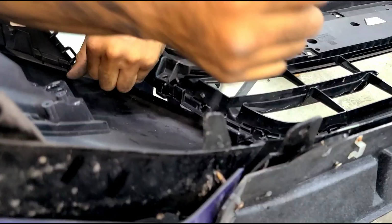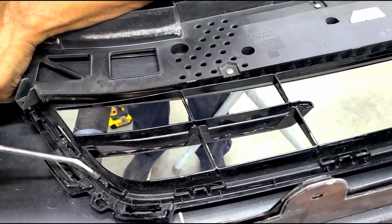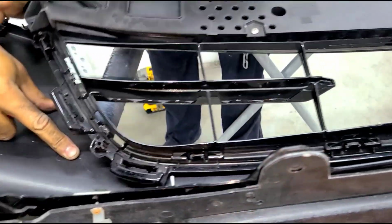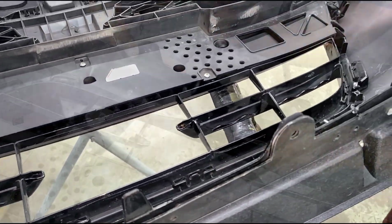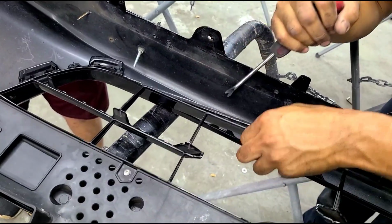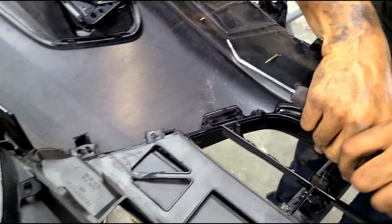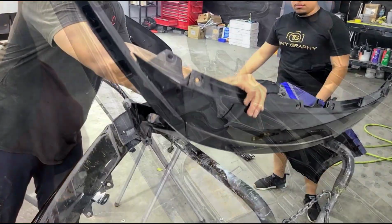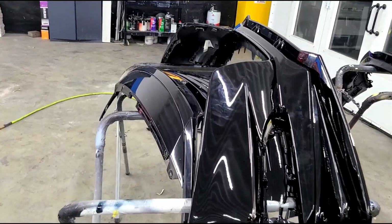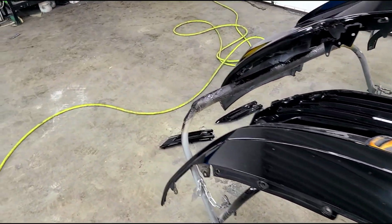And you guys can see the maneuver is you kind of push from above and pull, or push, should I say. And it is a pain, so this is gonna take a little bit of a while. But you're gonna do that all around. So that part is completely out. So the next step is to go ahead and transfer over the center trim grill